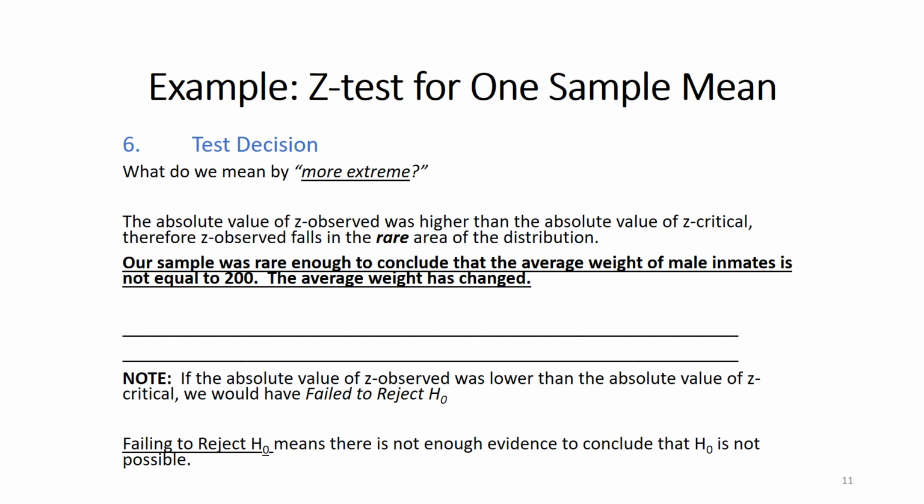So we rejected the fact that the population mean was 200 and said, nope, it has in fact changed. If we had not come to that decision, we would have done what is known as failing to reject the null hypothesis, and that's the lower part of this slide once again. And in failing to reject, you never accept the null hypothesis, you just don't